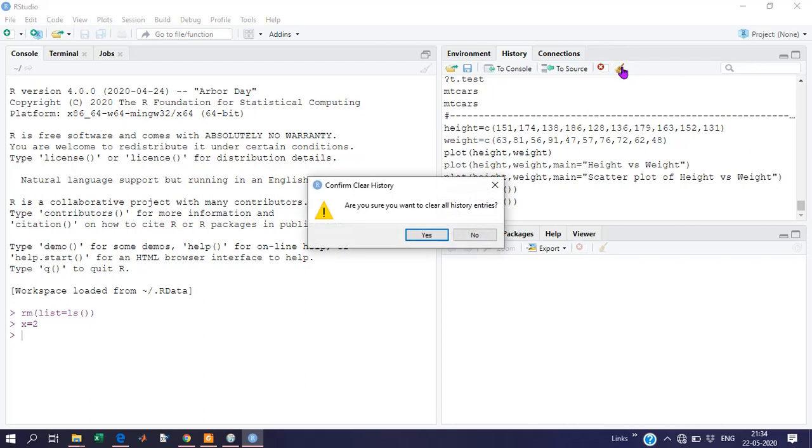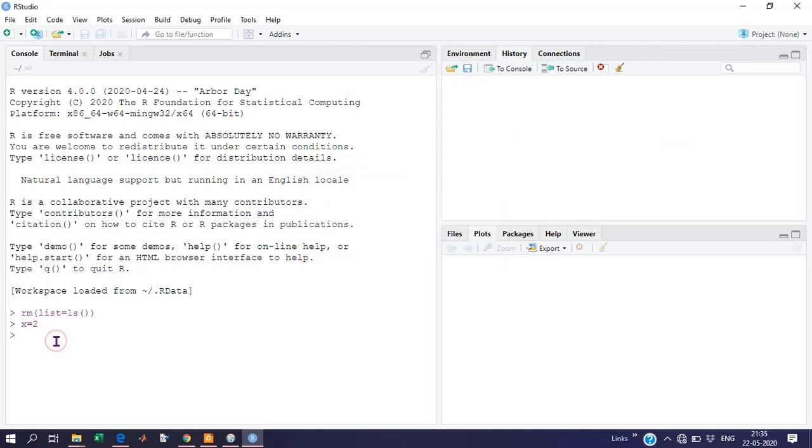You can clear your history from this tab. Are you sure you want to clear the history? Yes, I want to clear all the history. I will again enter x is equal to 2.3. Whatever command we use here, we can find in history.